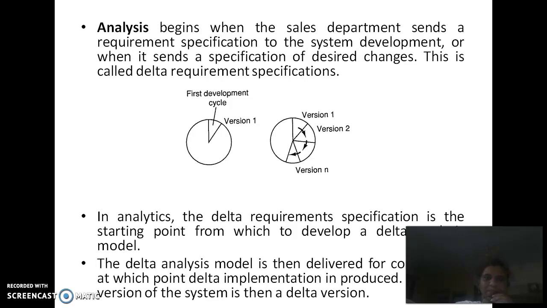Analysis begins when the sales department sends a requirement specification to the system development, or when it sends a specification of desired changes. This is what we call delta requirement specification. If you look into this, there is a first version of the software that has been created, which we call the first development cycle. And after version 1 is created, it may go to version 2, which we have in the second development cycle. So on it goes, taking in version 3, version 4, up to version n,